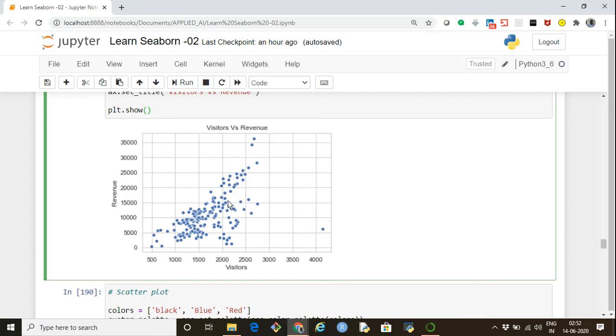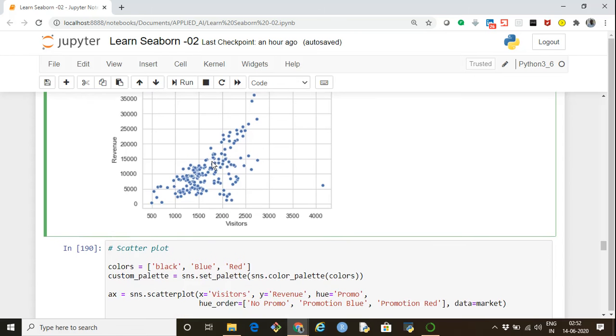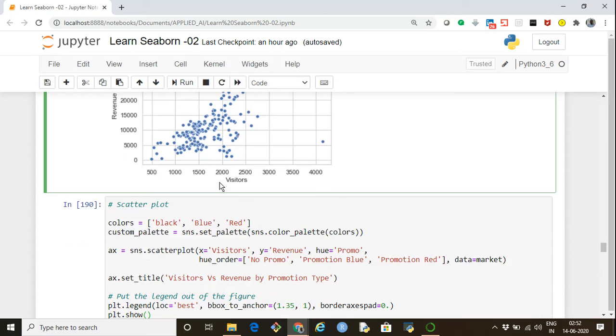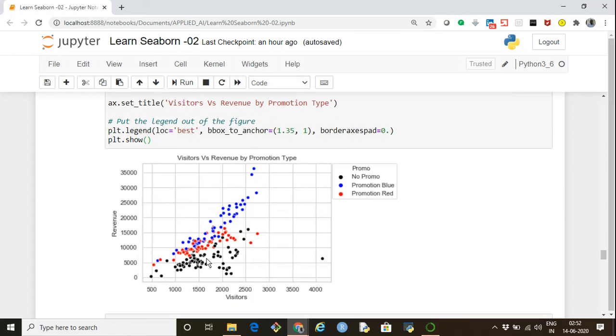Now if you see, all the data points are of a similar color. Let's see if we want to distinguish them based on the type of promotion scheme. That is, I want to go one level more granular: visitors and revenue, with the data points colored based on the promotion scheme. Black is for no promo, blue is for promotion scheme blue, and similarly red is for promotion scheme red.